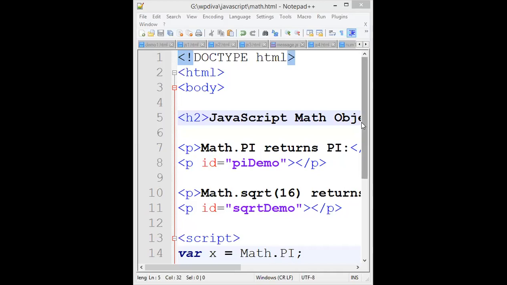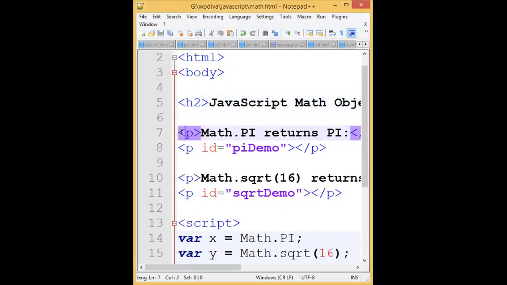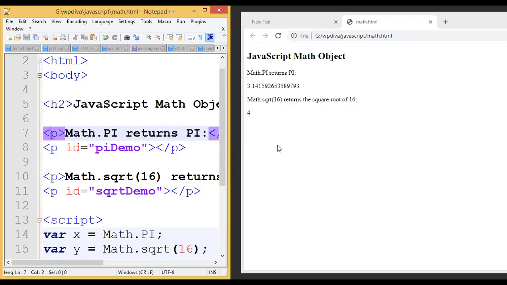Observe here, I'm taking pi, that Math.PI returns.